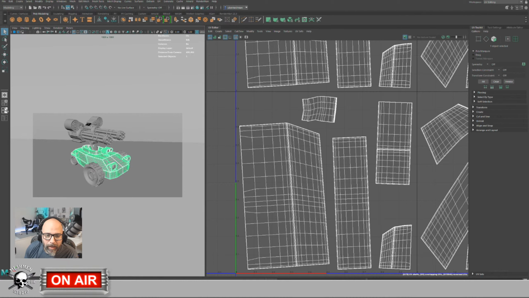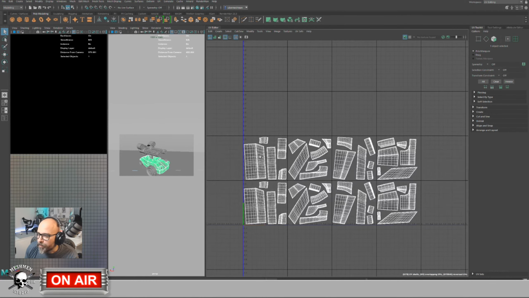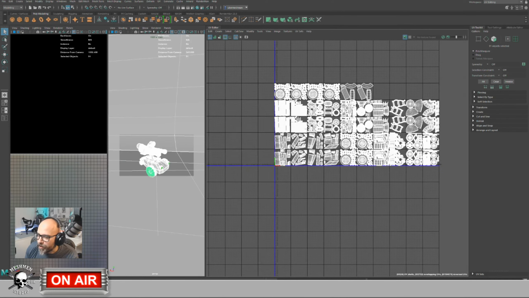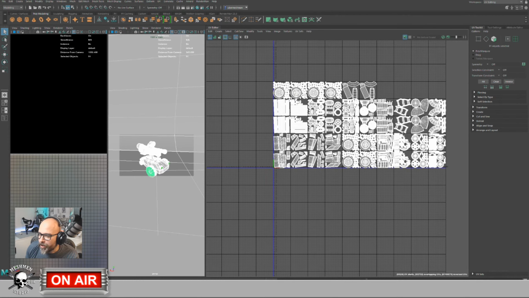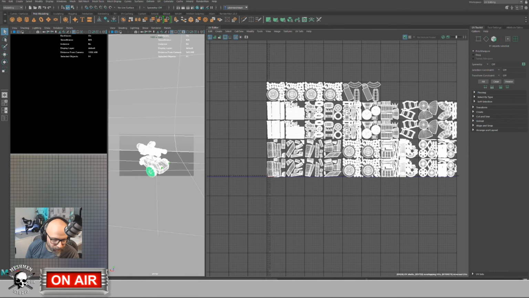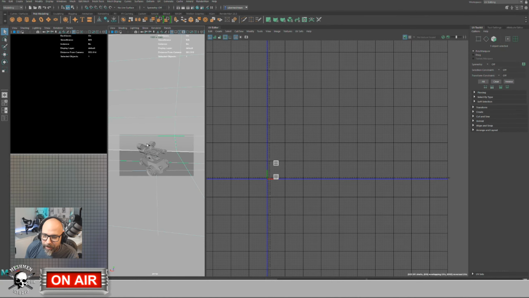Where is my outliner? There you go. It's 46 UDIMs in this guy. Sounds good. So this is the asset